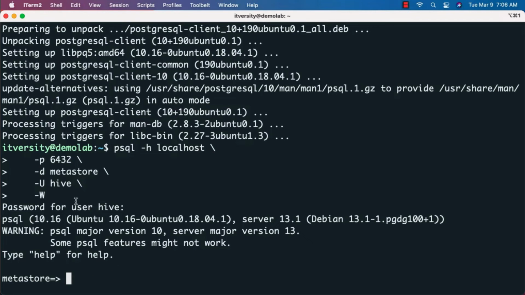The reason why we have to use this to validate is because Hive is running on the host, and the database is running in the container. We have to use this information to establish connectivity between Hive as a service and the database that is running as part of this container. For that reason, this validation is very, very important.